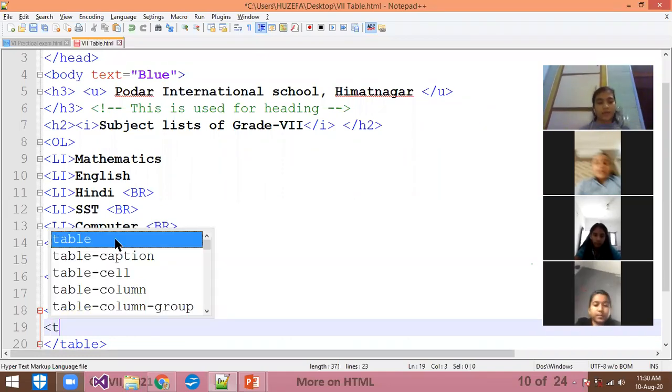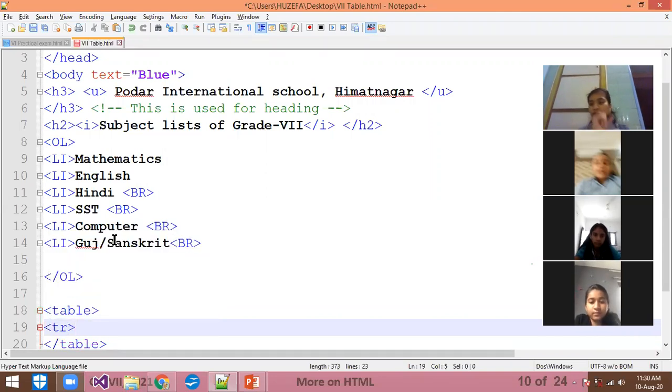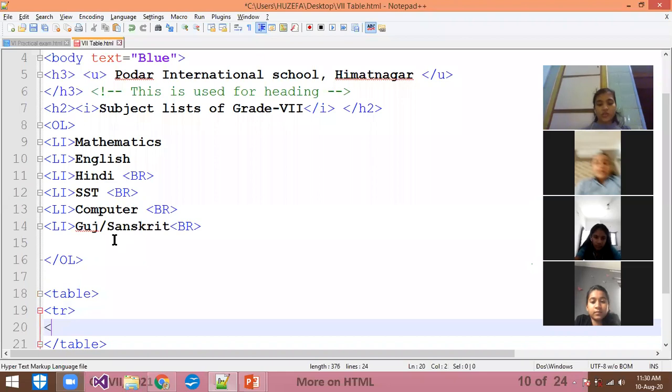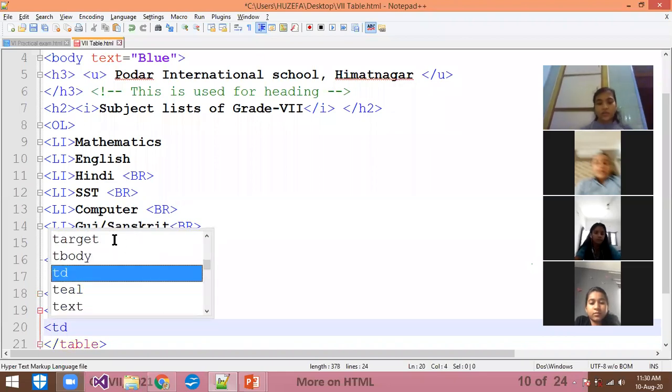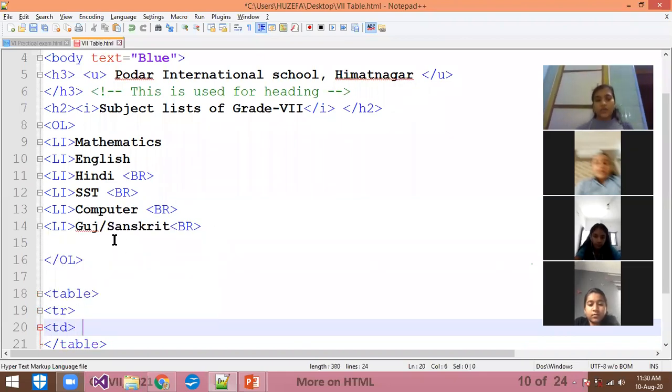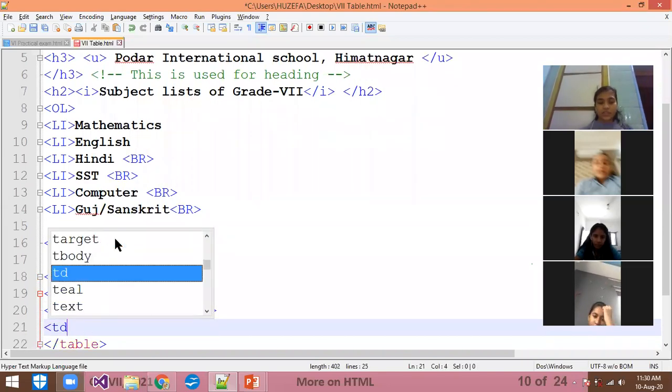For example, I am writing the TR, means first row. Okay, first row, first column means the TD. For example, I am taking the example of the timetable. Mathematics. Close the TD. Again, enter the TD.